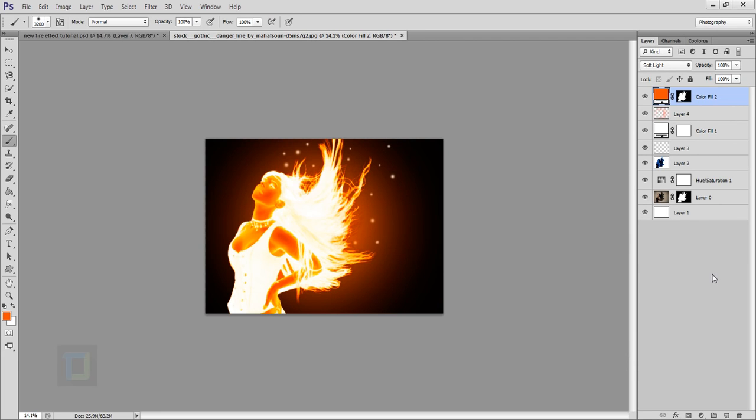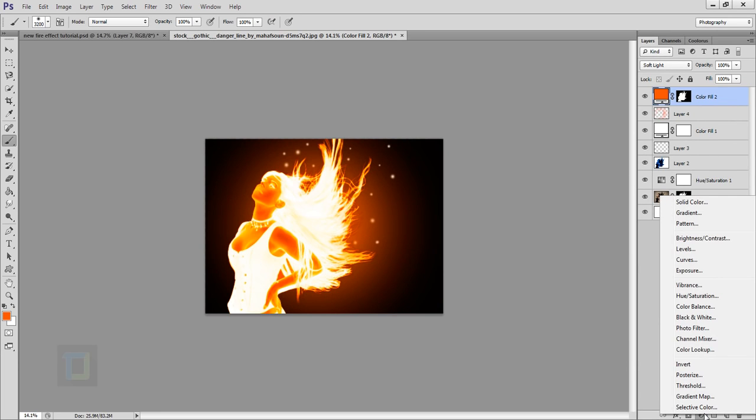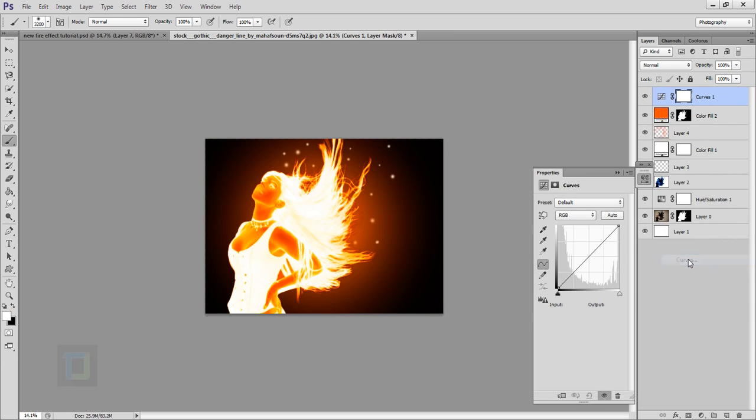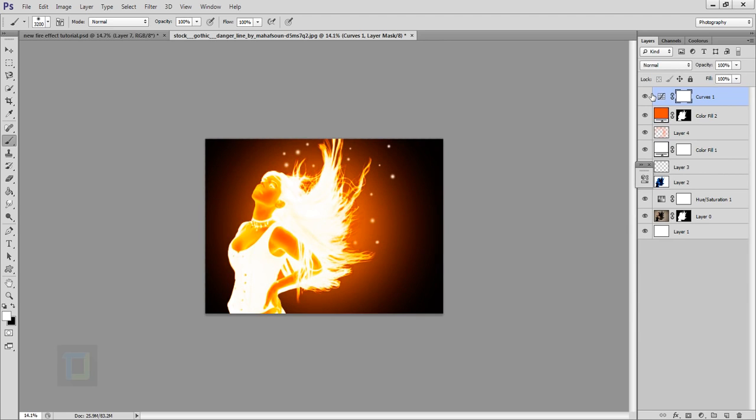So after that's done, this is the time for the final step. So go here to adjustment layer and select curves, and in the curves you can make it brighter or make it darker, whatever type of effect you want. So I'm gonna go with a slightly brighter one from here like that. Don't overdo it, otherwise it just doesn't work out. So keep it in control like that, and then if I turn it on and off, you can see the